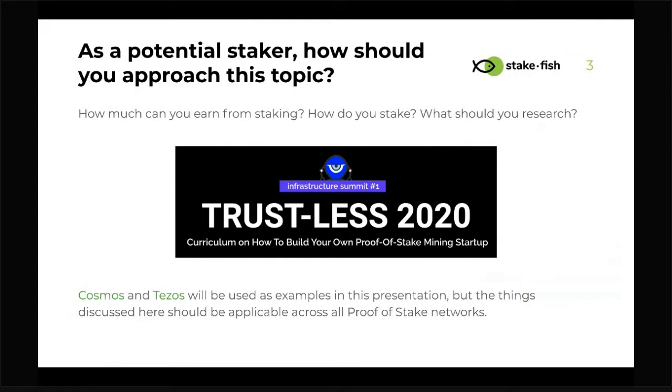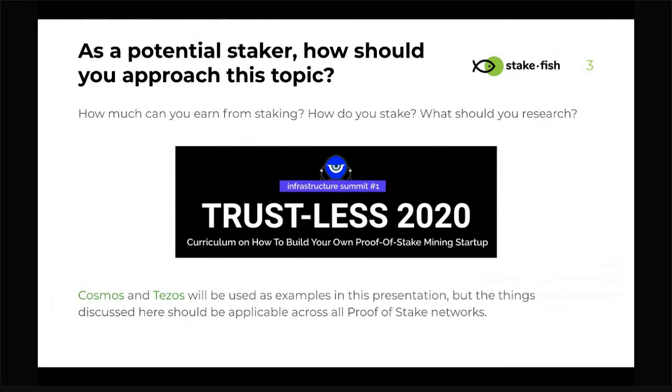I've tried engaging some of my crypto native friends and some of the DeFi enthusiasts on what they thought about staking and what they wanted to learn more about. I was very surprised to learn that not a lot of them still understood how staking worked, how they could stake, where they could get more information, and what they should research. And so I've realized that most of the talks that I and some of our industry peers have been giving have been too focused on the validator's perspective, the proof of stake perspective, from the developer's perspective, who are actually creating these blockchains.